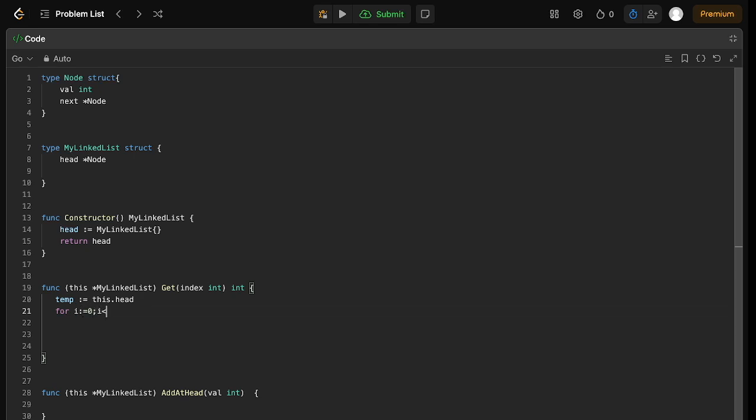I less than index, and we also have to look at whether that index does not exist, then temp will become null in between, and in this case we have to return -1. I plus plus. Here we can do temp is equal to temp dot next,